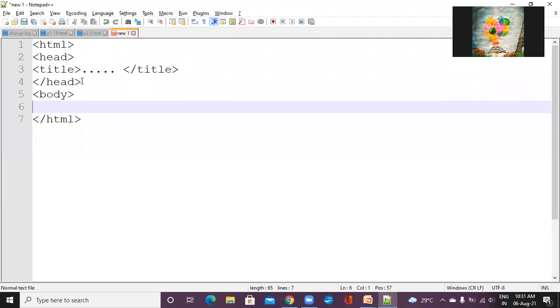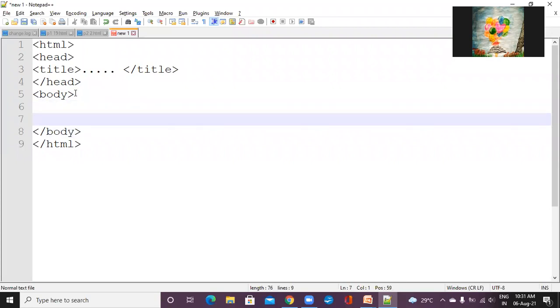All those things will come in the body part. Closing the body. So this is the structure of body. In between the body, you have to write different things. This is the basic structure of HTML.